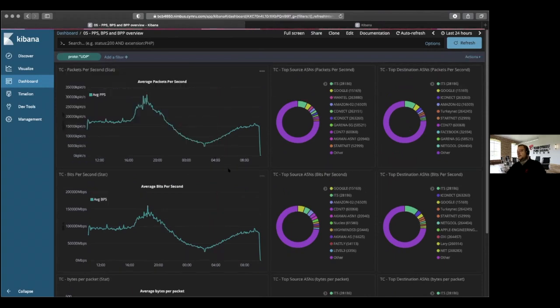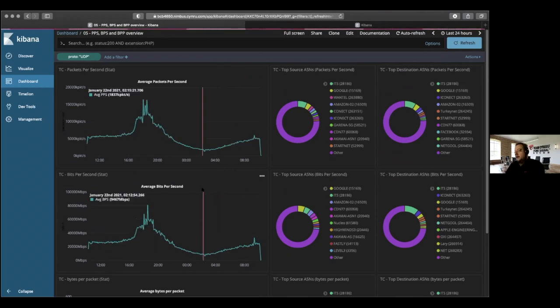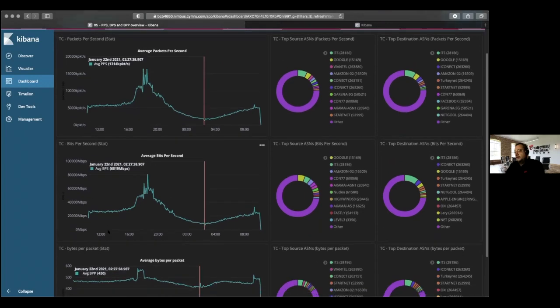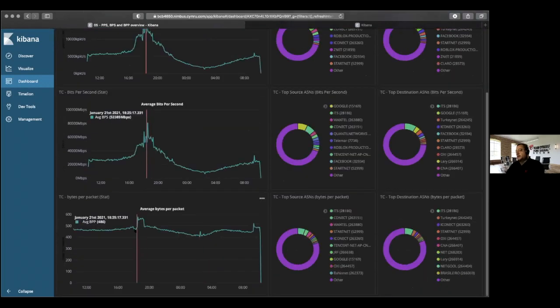And all of these graphs now will update to show only data relevant to the UDP protocol. And a spike like this might indicate that there was an attempt to trigger a UDP amplification flood. Now, with this modest increase, that's definitely not conclusive, but the key takeaway here would be to say that starting